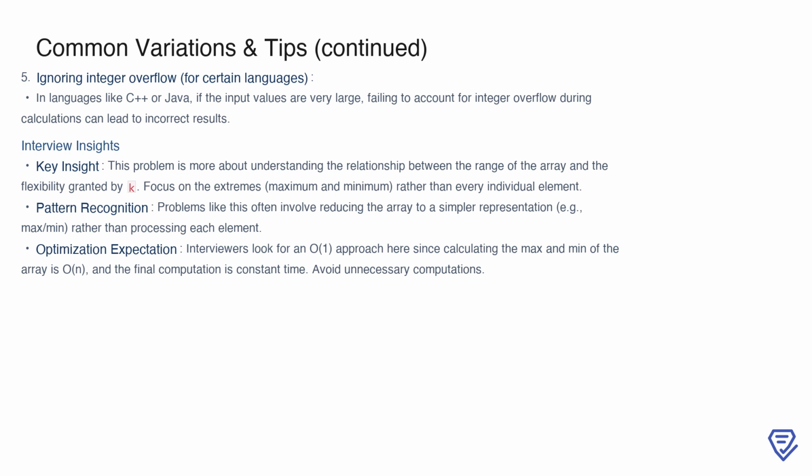Now, from an interview perspective, the core insight here is focusing on the relationship between the range of the array and the flexibility provided by k. Rather than getting caught up in every element, the emphasis should be on the extremes, the maximum and minimum values. This problem is a good example of pattern recognition. It highlights the importance of simplifying the array to its key properties, like the max and min,